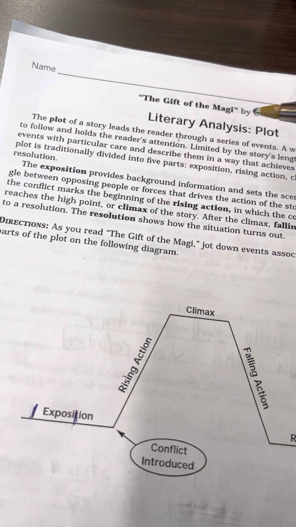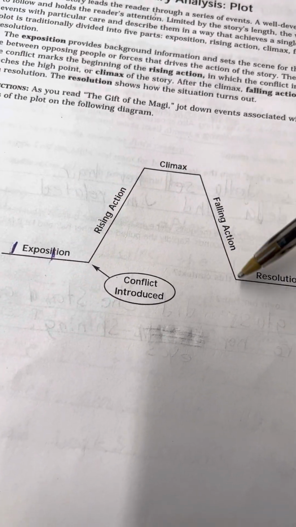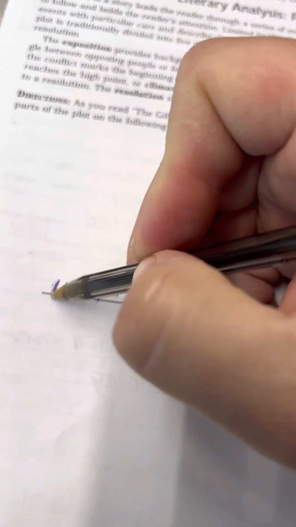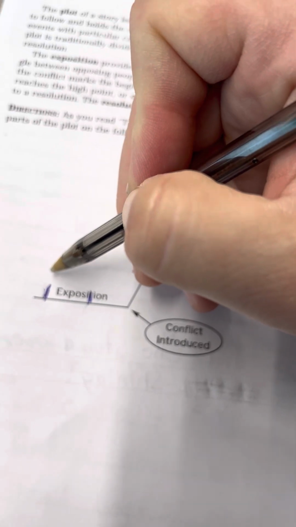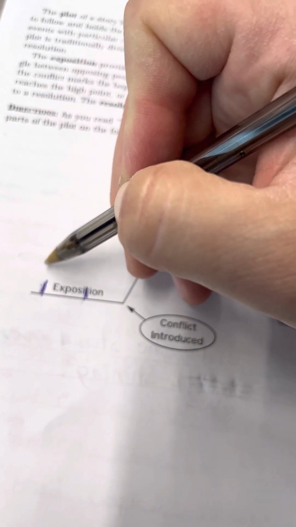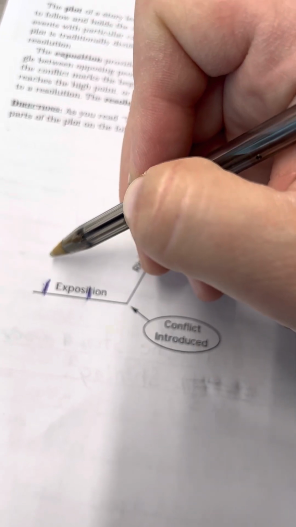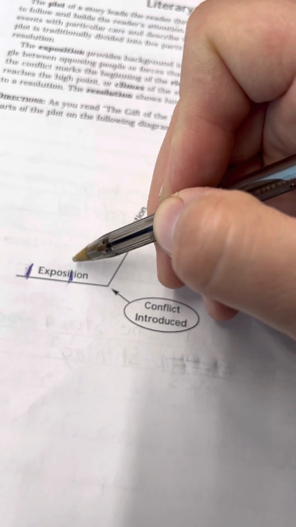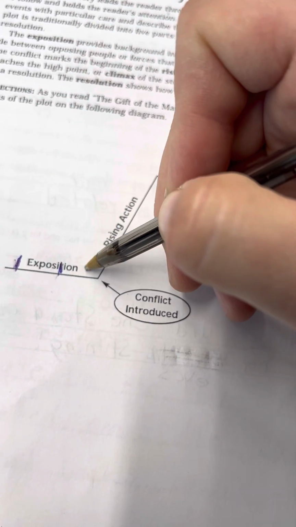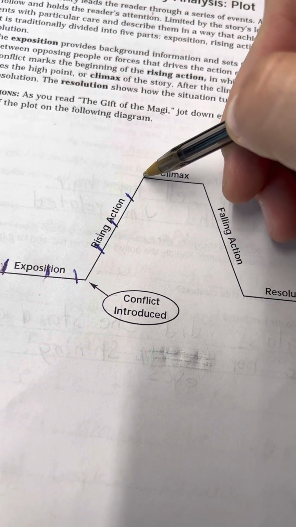For a plot diagram, think of this as like a timeline of the story. And what you're gonna have to do is write a little line for each thing that happens in the story. So we know when the story starts, it's Christmas and Della has $1.87. So you're gonna write that. You would write it's Christmas and Della has $1.87. And then you have to think, well, what's the next thing that happens in the story? So you have to go back through the story and look at each thing that happens, and you need to put little marks on there like this,